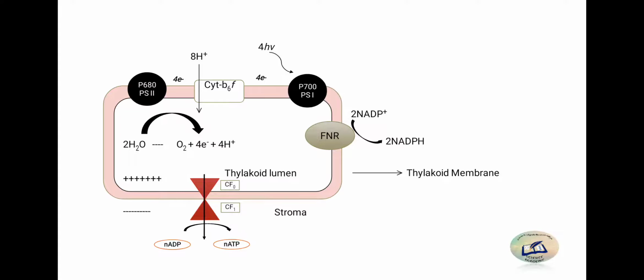There is an integral part of the ATP synthase complex which is known as F0, which is embedded within the membrane. In this image the complex appears bigger, but it is not as such. This F0 complex is embedded within the membrane. It is an integral protein, and the other part, which is the F1, protrudes out from the membrane, or you may say that it is protruding inside the membrane. The two attach in this way.